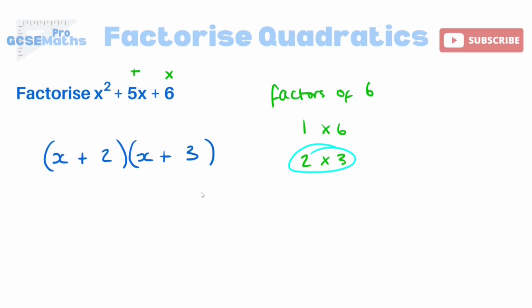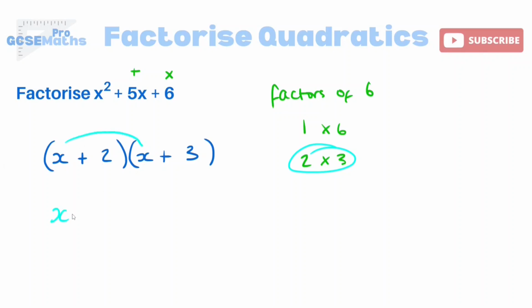The brackets are the same other than that. As we said before, factorising quadratics is the opposite process of expanding, okay? So you can always go back and double check, have I got this right? Does this make sense? Let's say if I were to expand this just to show you, I would do x